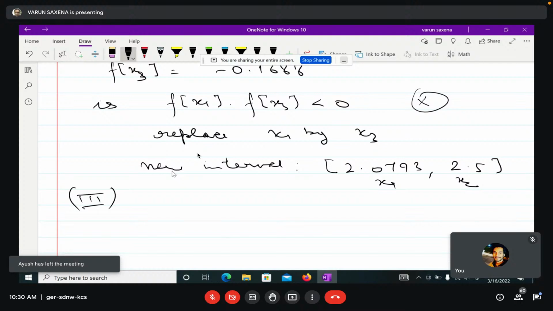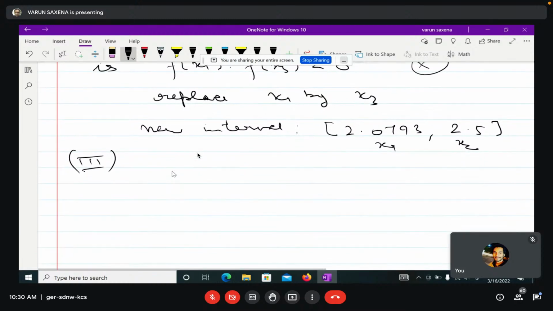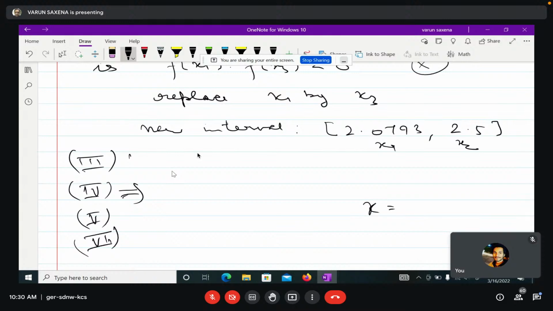After some iterations, and I'll tell you how many iterations, 1, 2, 3, 4. So after your fourth iteration, there will be a fourth iteration, and then you can also do a fifth iteration, and then you can also do a sixth iteration, whatever. After this iteration, you will see that one of the values of x will not really change, it will be